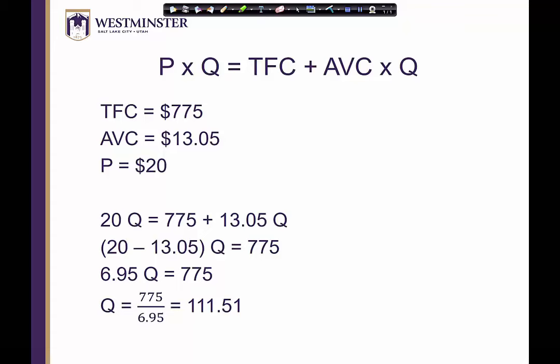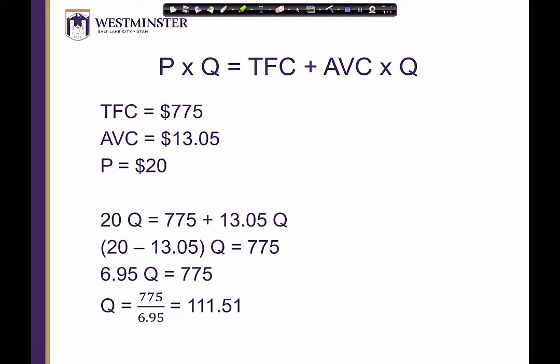So remember that in our example, we had total fixed costs of $775, average variable cost of $13.05 each, and we had the price of the shoes that we're selling at $20. So that led then to a price times quantity, or 20 times Q. We're looking for the quantity. We don't have that yet. So 20 times Q being equal to $775 for total fixed cost, plus $13.05 times the quantity for total variable